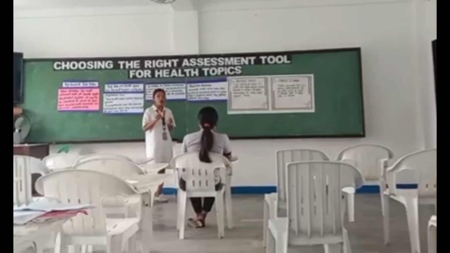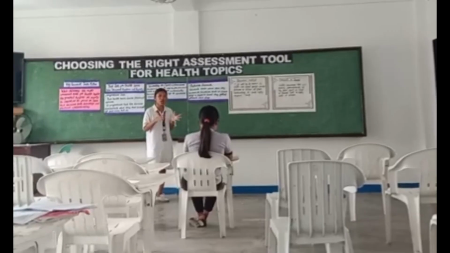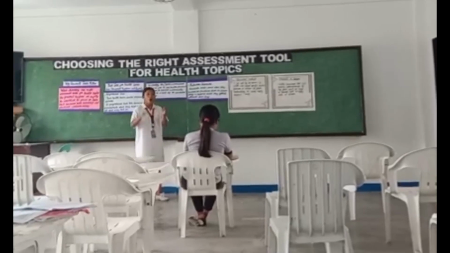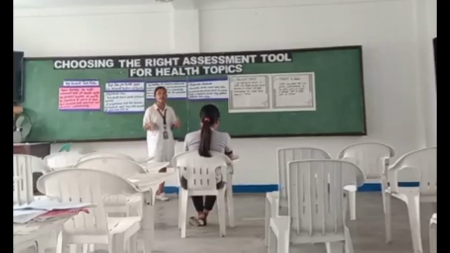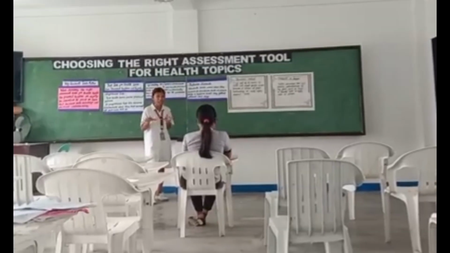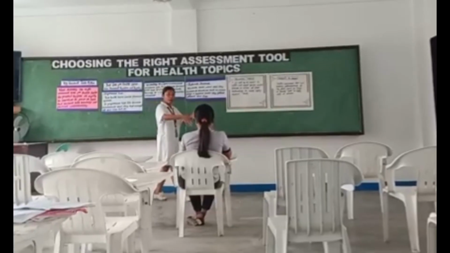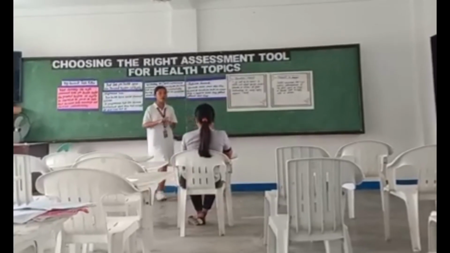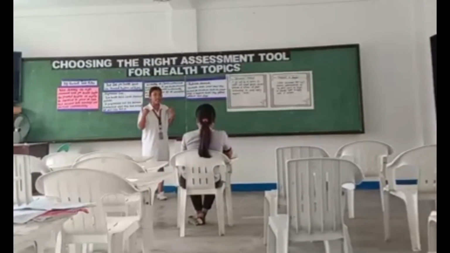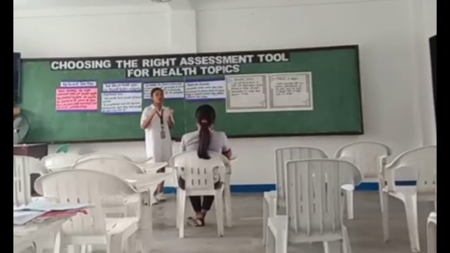For example, in an earthquake drill, the students should drop to the ground, cover their head and neck under a table, and hold on until the shaking stops. In a fire drill, students should line up quietly and quickly, and also avoid panicking, and walk to the evacuation area following the correct route.